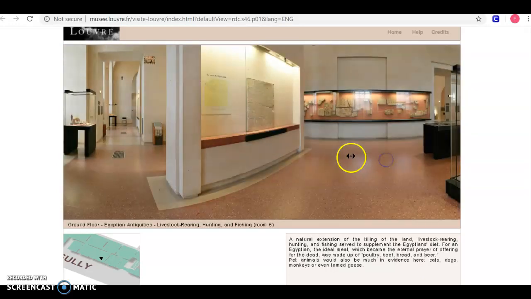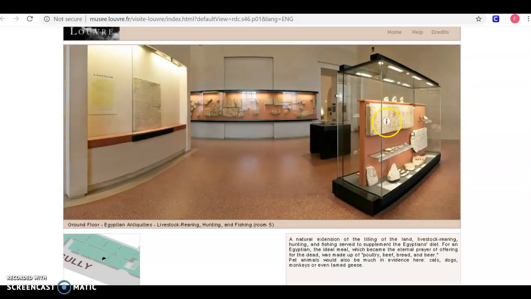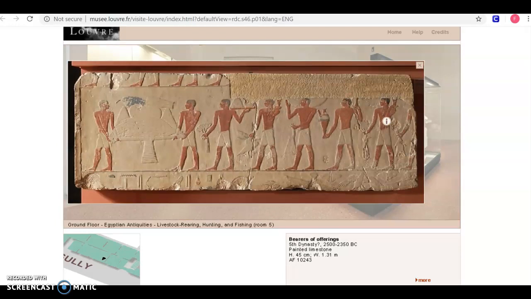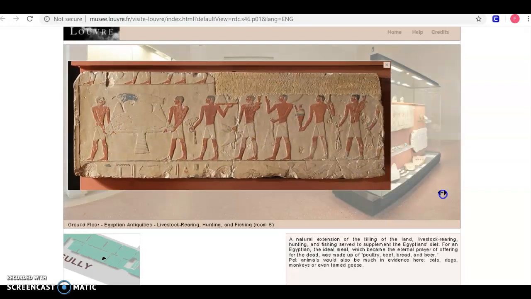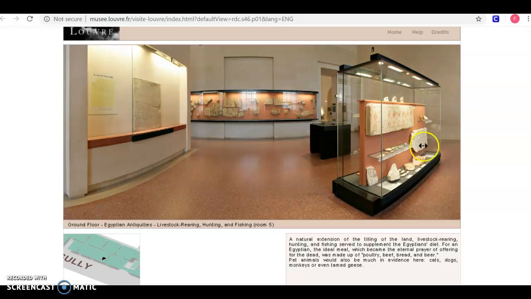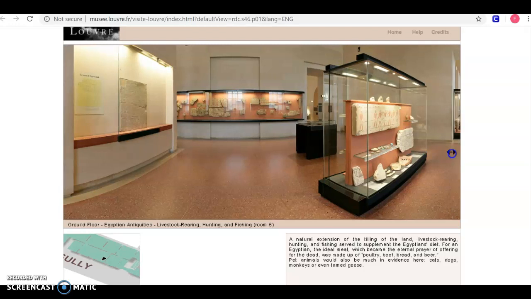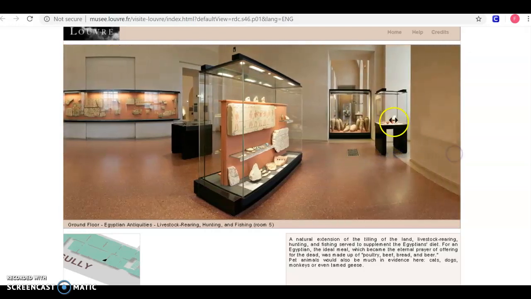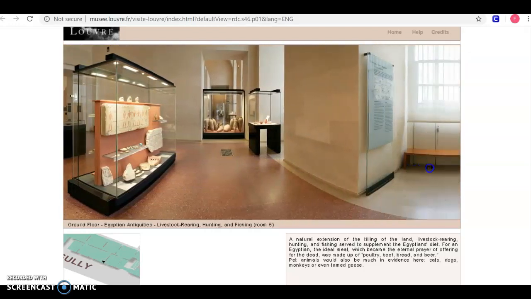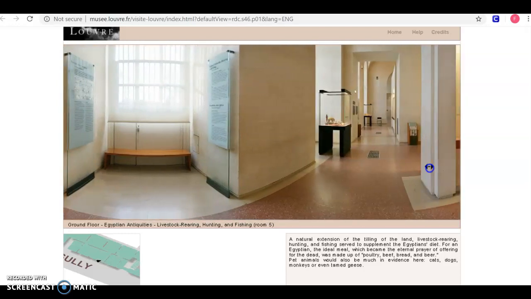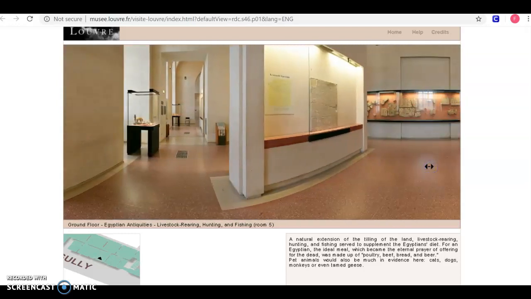Oh, we already saw that. Oh, here's an actual painting of bearers of offerings. You see that they're offering different types of items to the gods, mostly food and birds. All right, well, it looks like we have seen everything there is to see in the first 5 rooms of